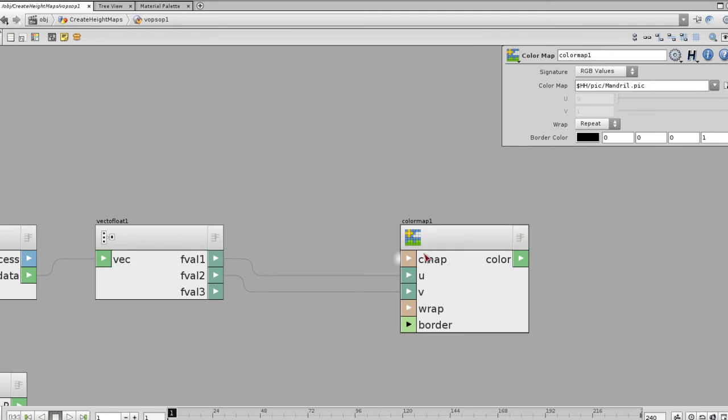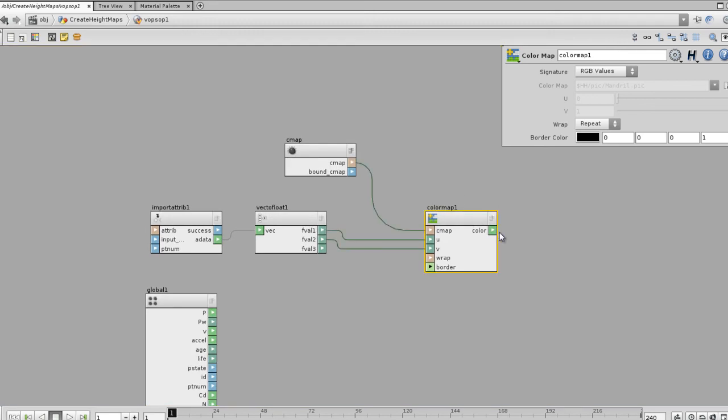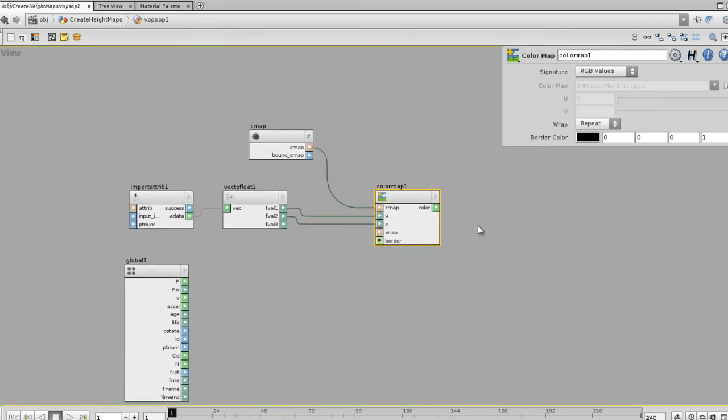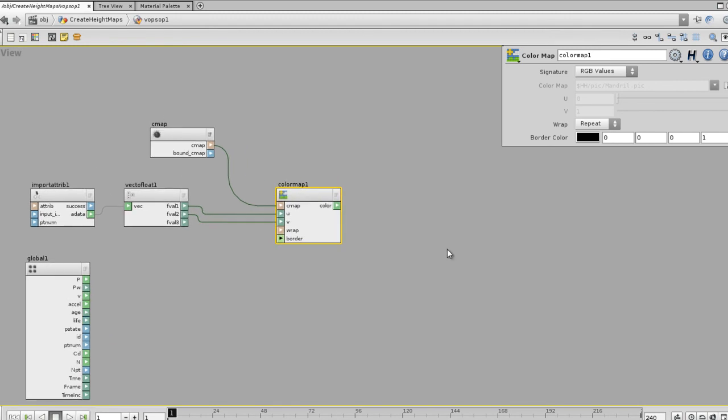Now you got that set up, we need a color map to be on the scene level. A color map is a file that's already on disk. We have nothing on disk, but what we're gonna do is middle mouse click on this and create a parameter node out of this, so that we can go on scene level and give it a name. Now it's gonna output a color, which is good enough for us, but we really don't need the color right now. What we need is actually